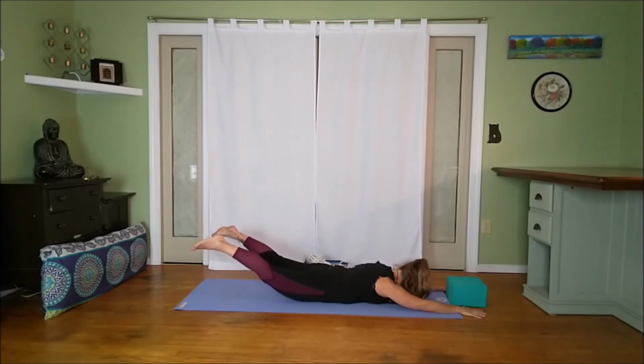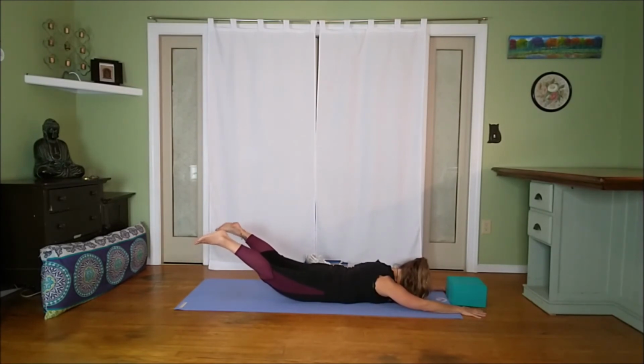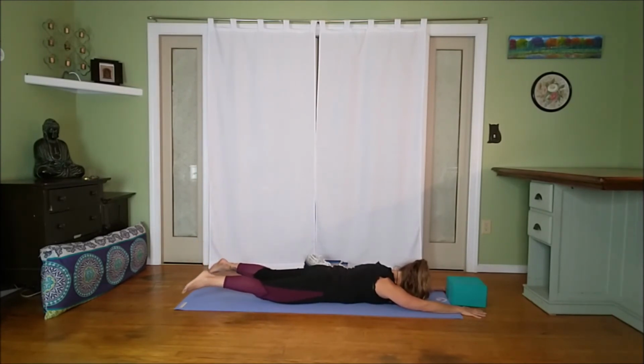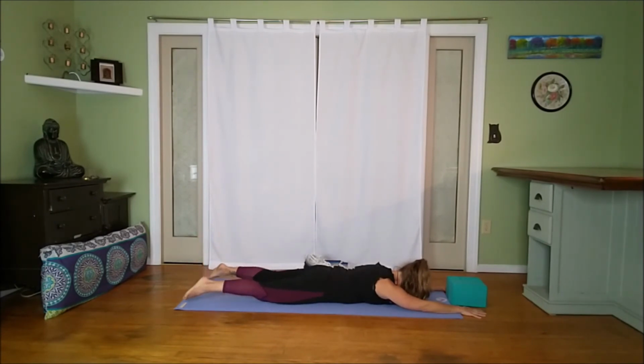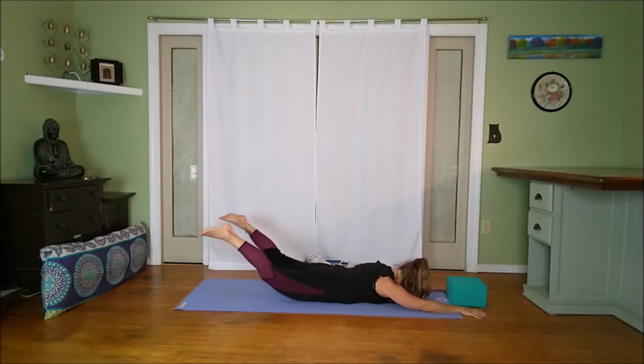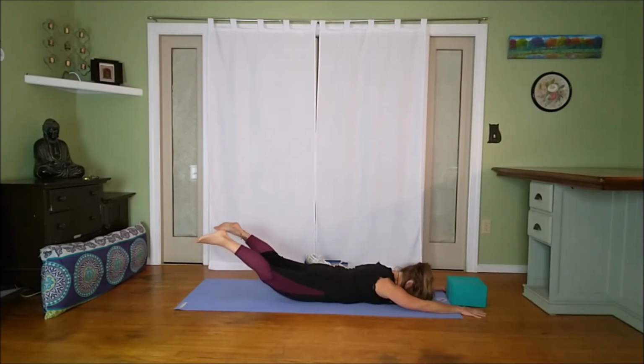So lifting the low legs, and then as you exhale, you're going to drop them down. Let's do 5. Lift and release. 3, 2, and last one, lift